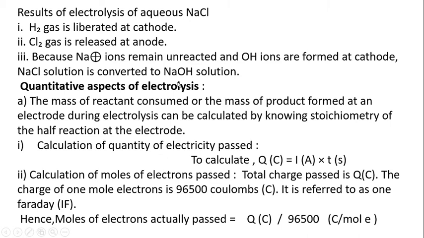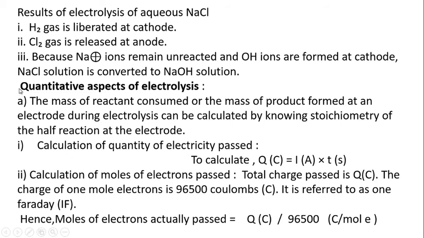See, and this is very important. This formation of NaOH from NaCl is important. This is an important product, NaOH. So this electrolysis of aqueous NaCl is an important process to prepare or manufacture NaOH solution. If we want to prepare NaOH solution, we can do the electrolysis of aqueous NaCl. So it is a very simple preparative method for NaOH. In this way, the electrolysis of aqueous NaCl takes place.